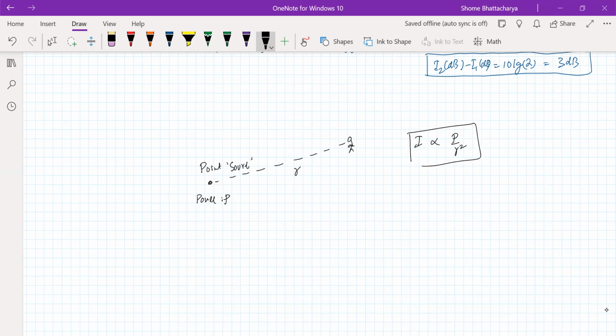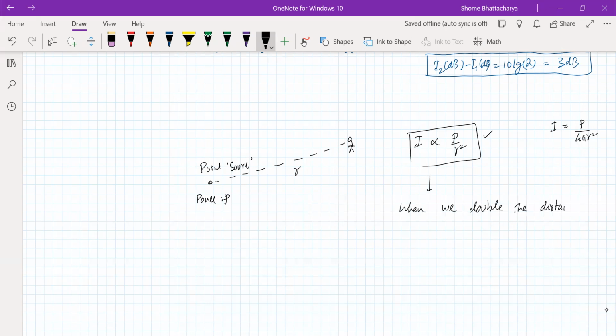Okay. In a perfect world where there's no absorption and all that, it would be equal to that power divided by 4 pi R square, because that power is distributed uniformly on a spherical surface of radius R. But that doesn't happen because there will be some reflecting surfaces nearby. There will at least be a floor that is reflecting and all that. But nonetheless, the intensity is directly proportional to the power of the source and inversely proportional to square of the distance. So that means that when we double the distance,